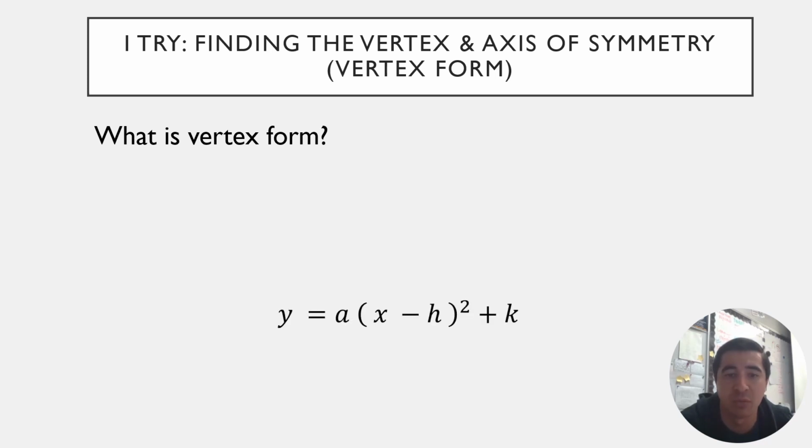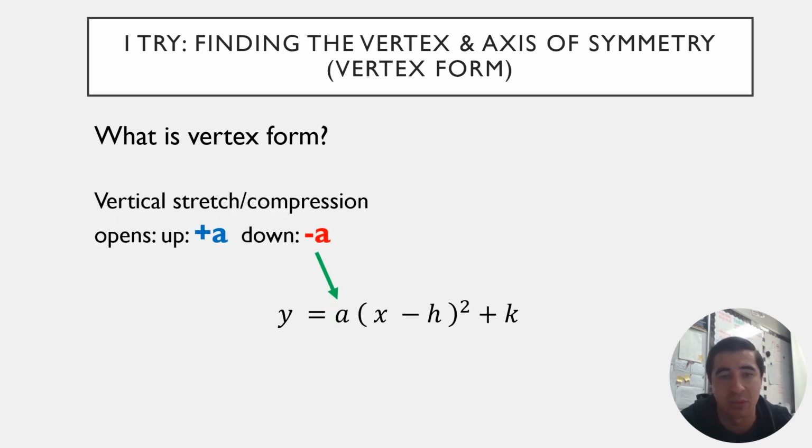Our vertex form is y equals a parentheses x minus h squared plus k. We've seen this before. This is just a review. Yes, a is still the same as what we have previously noted. That is our vertical stretch and compression. And if a is positive, it tells us that it's going to be an upwards U versus a downwards U